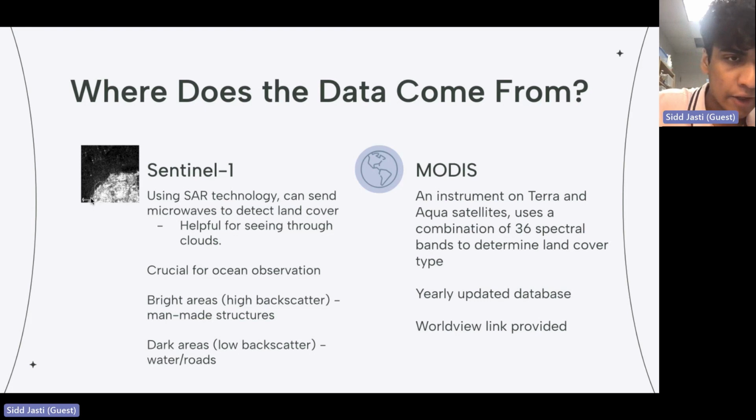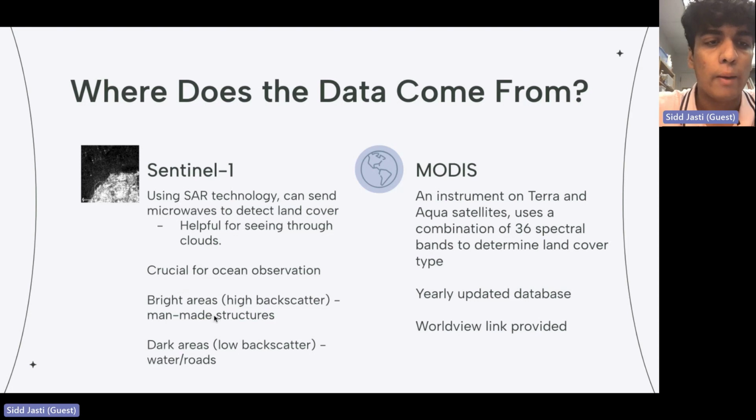And just to better interpret this, as you can see, the white describes the land area, and the black is the water. This happens because of how SAR works: it shoots microwaves to the Earth, and then detects how many microwaves are coming back.